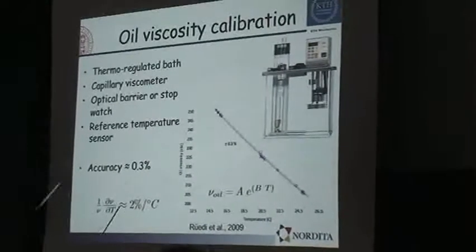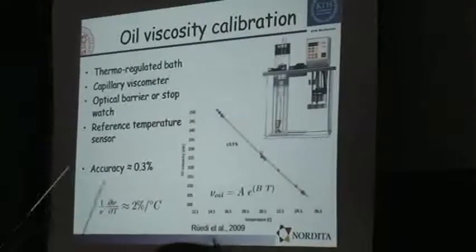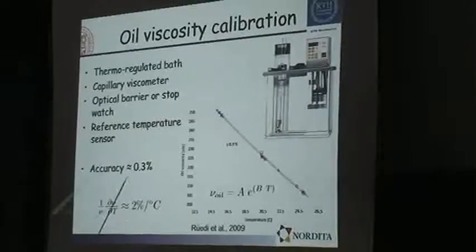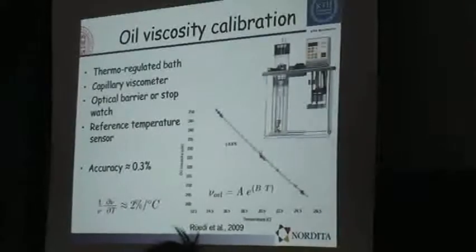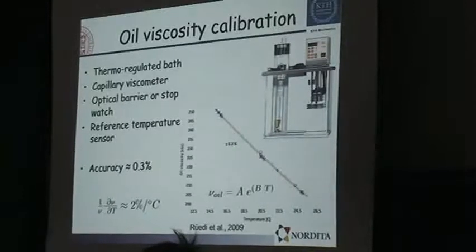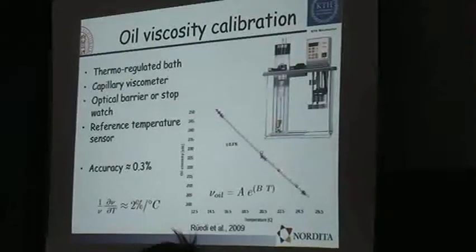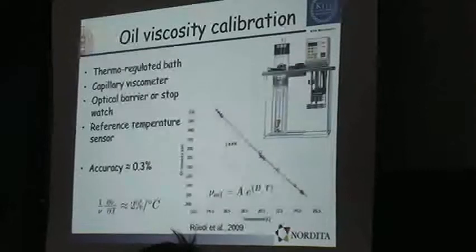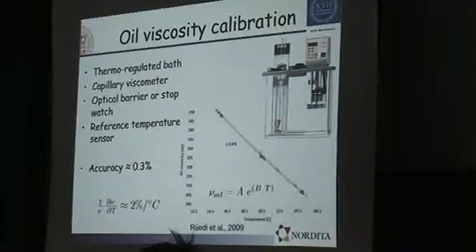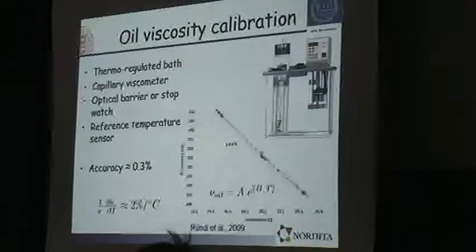Now, knowing the passing time, you can evaluate the viscosity. You measure the time either with an optical barrier or with a stopwatch, and what you need is a very accurate measurement of the temperature as well. Now, the accuracy of that is about 0.3%. This is what you can get with this